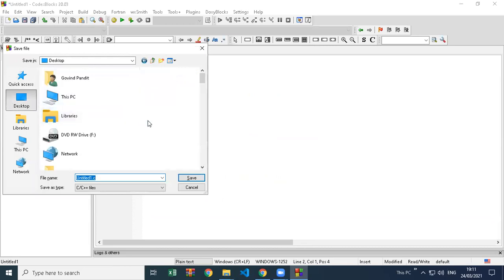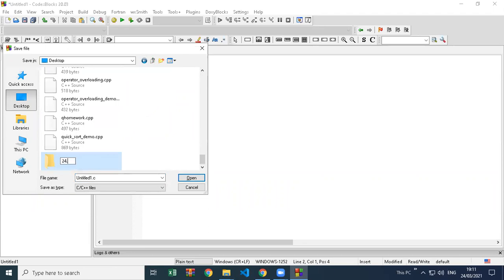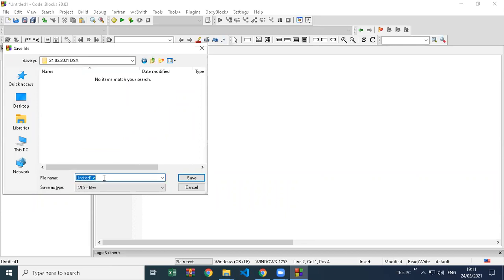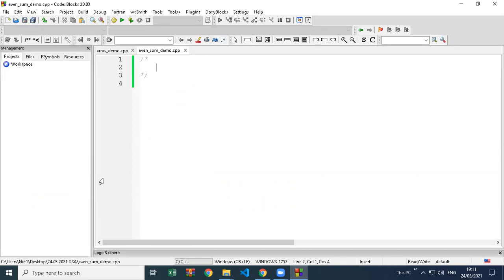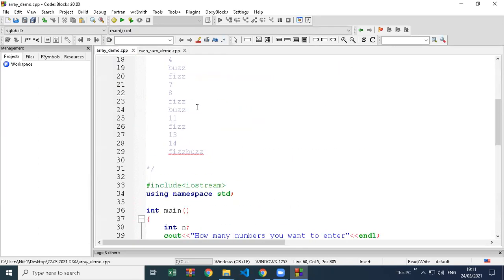So on the desktop, let's create one folder, 2403 2021 DSA, and this is even sum demo.cpp. So print the sum of even numbers, print the sum of all even numbers which are there in the array.